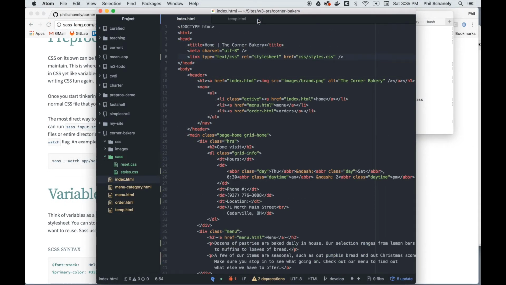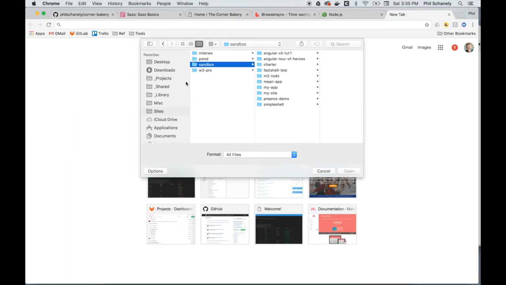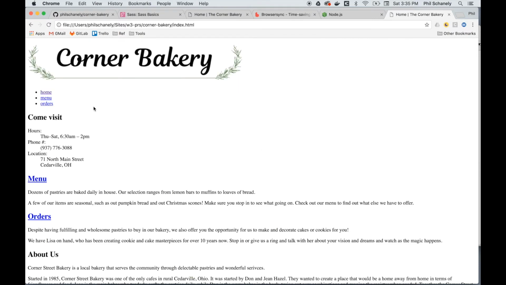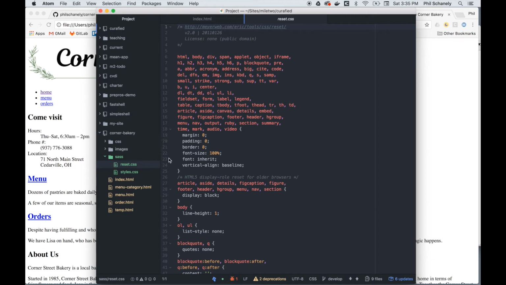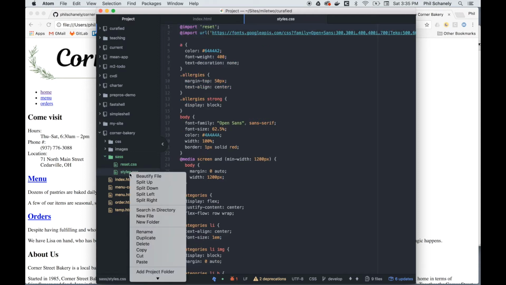Okay, so they should all be updated, and if I tried to open this page right now to just kind of check on things, my styles should not be visible. Right, there's no styles because there's nothing in CSS yet. All I did was move these files in here, and now I'm ready to convert them into Sass files. All you need to do to convert something into a Sass file is to simply rename it